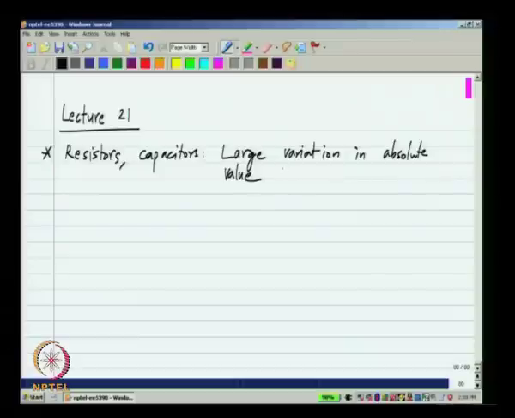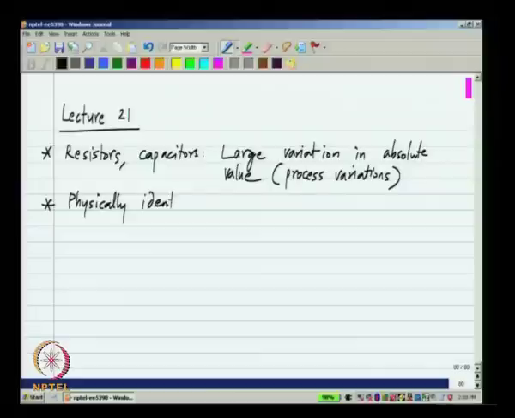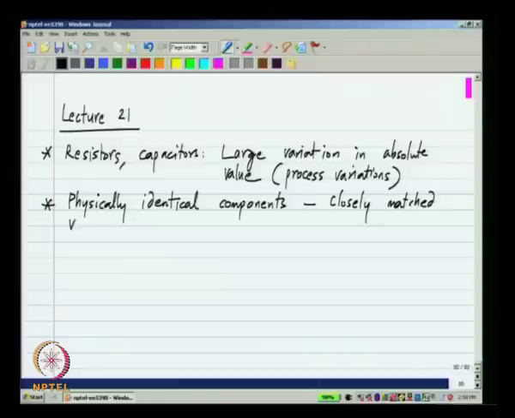This large variation in absolute value is known as process variations, and physically identical components will have closely matched values, and the relative mismatch